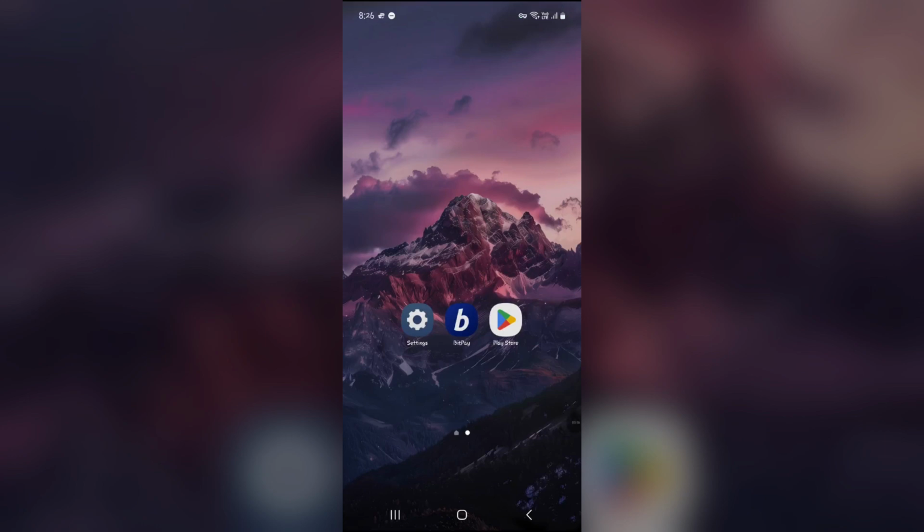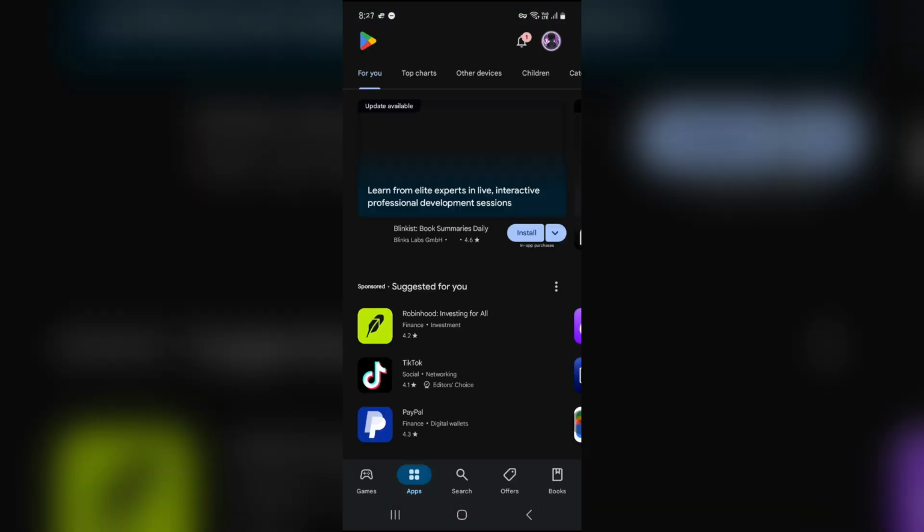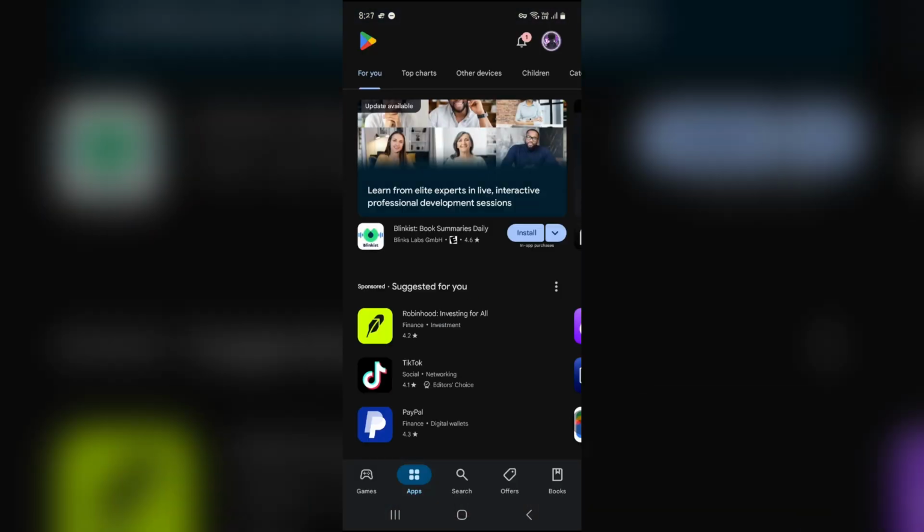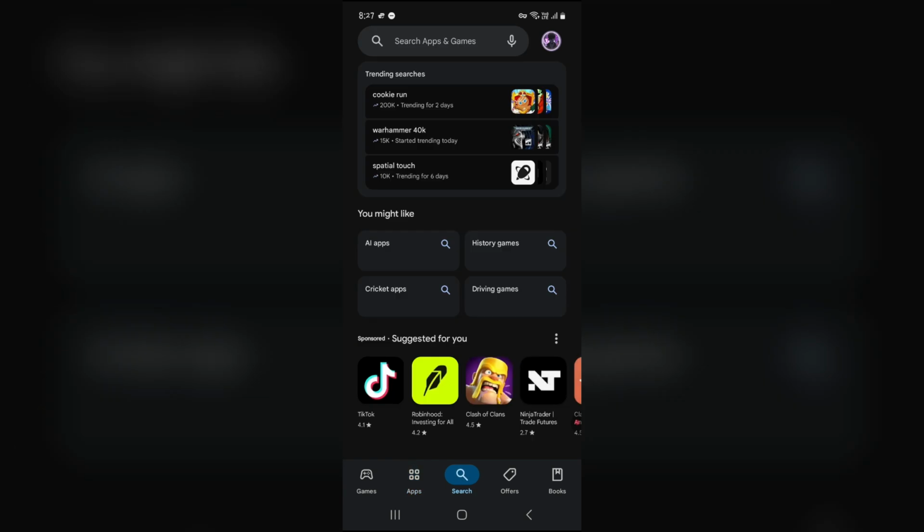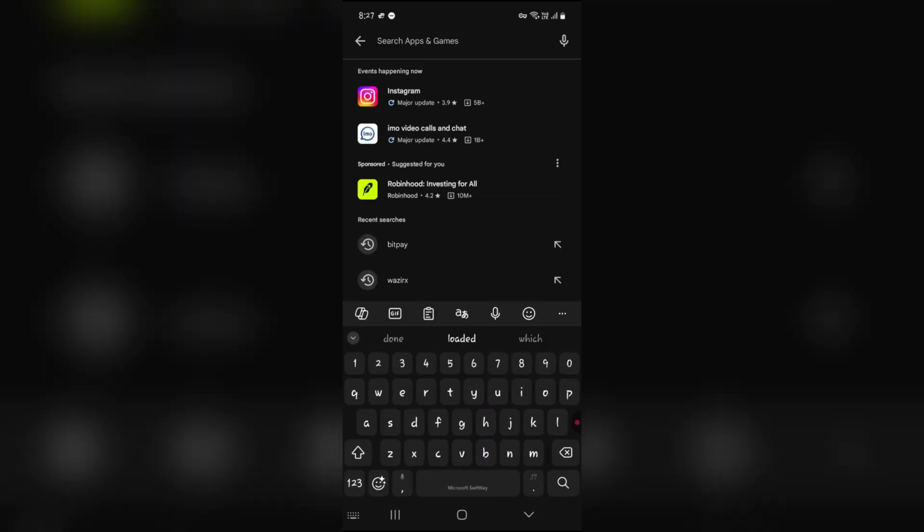Hey, in this video we are going to learn how to download Electrum Bitcoin wallet on your Android device. First of all, make sure that you are connected to your internet. After that, find and open Play Store on your device. Now, click on the search tab which is at the bottom of your screen. On the search bar, type in Electrum